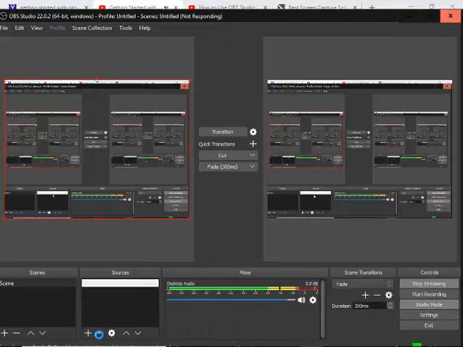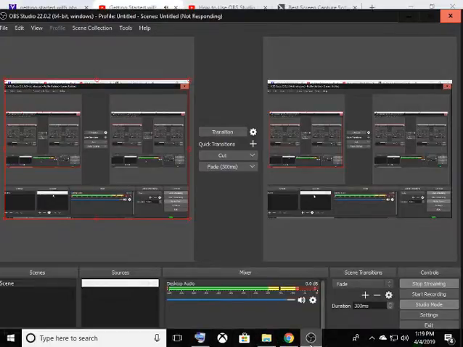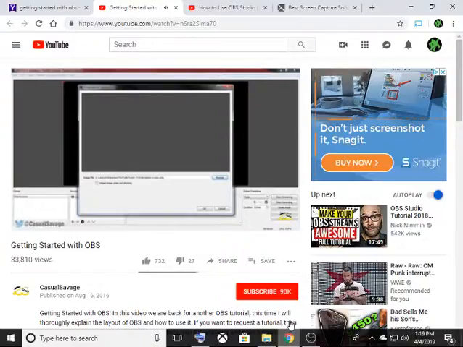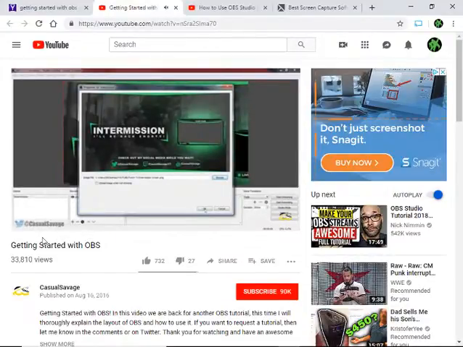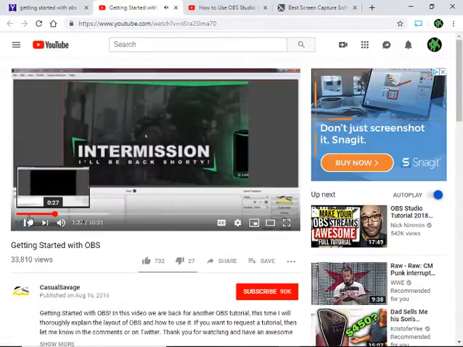So if you press this plus button, as you can see, these are the things you can add. Now I'm going to be adding an image, and it's going to be a new image, and I'm going to call this intermission again. I'm going to select OK, and now you browse for the image. So I'm just going to double click it, and it's now on screen. And you can see this is where I got it from. I'm going to select OK, and there we go. Now as you can see, it is not